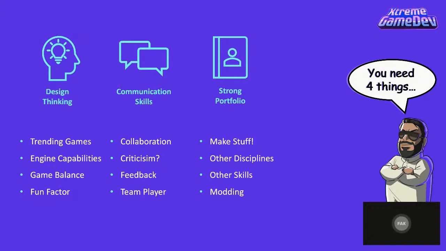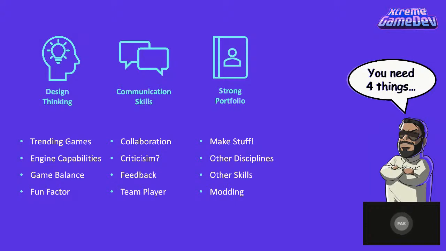Modding is something a lot of people, gamers, like to do sometimes. They like to download a game where they can mod a map and make their personal map based on their design. If you have made this, let's say, map, that will help you in the portfolio, definitely, especially if you're applying to a studio that, for example, if you're applying to Call of Duty and you download the Call of Duty map editor and you make a map for them, that will definitely help, just to show them what you can do.